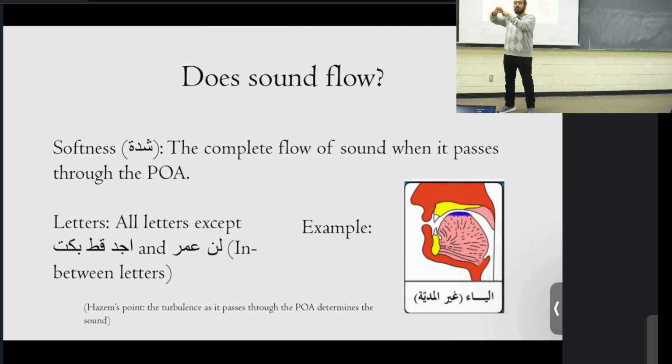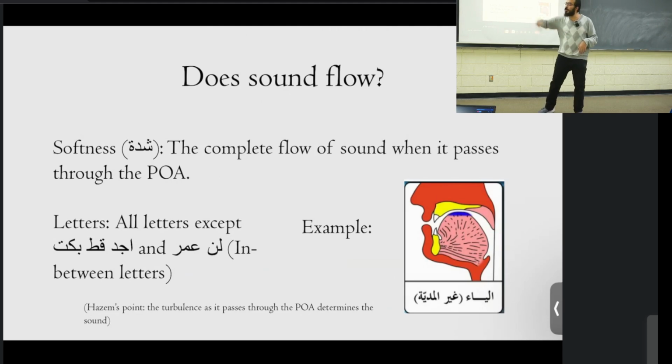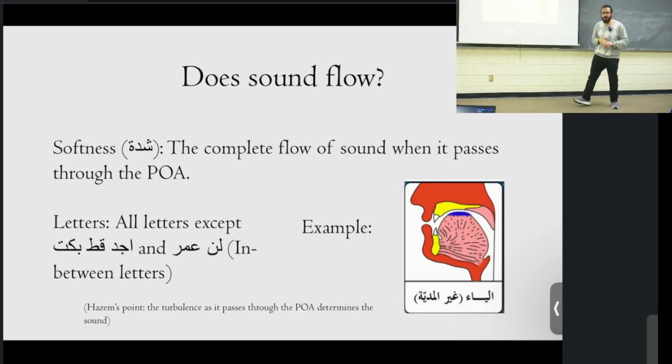What does a shiddah letter do? It closes the makhraj completely, and we need a way out. Soft letters: the sound just flows. Ay just keeps flowing. Jim, ad: just close the makhraj, so I have to do qalqala. Does that make sense? Is that clear, or is that a lot of information?